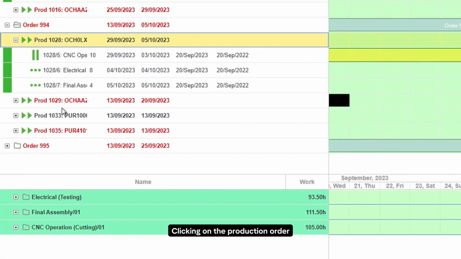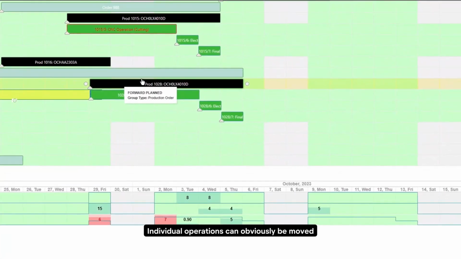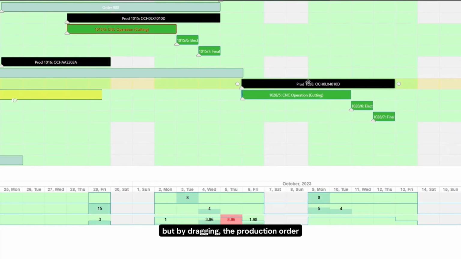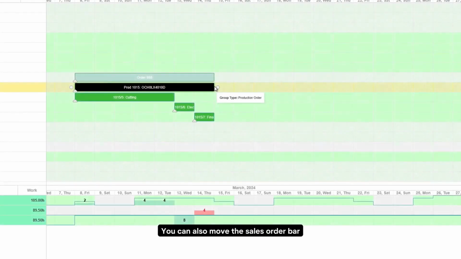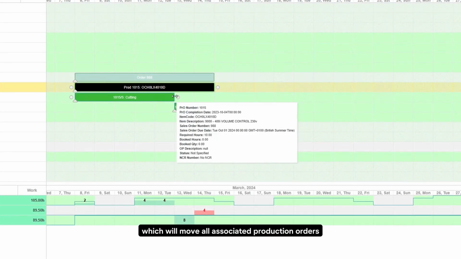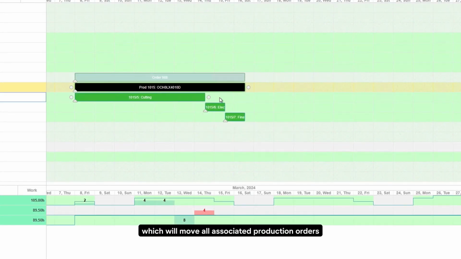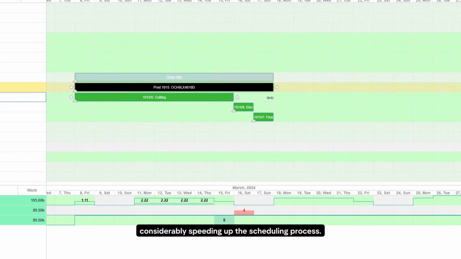Clicking on the production order will filter the bottom of the board to be just the resources required for that production order. Individual operations can obviously be moved, but by dragging the production order, it will move all operations. You can also move the sales order bar, which will move all associated production orders and operations, considerably speeding up